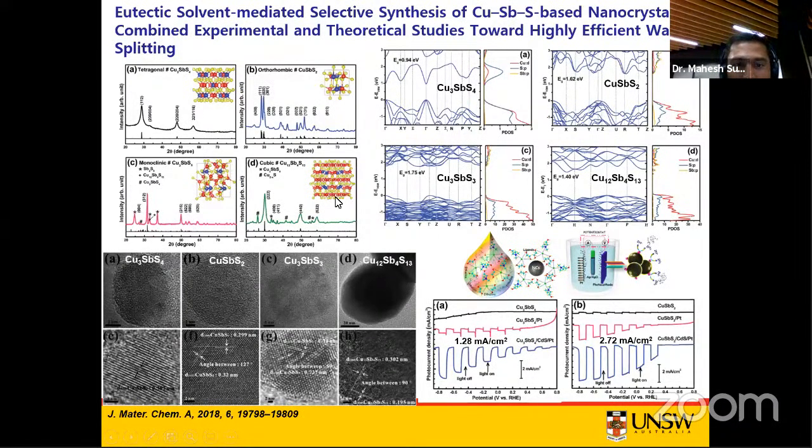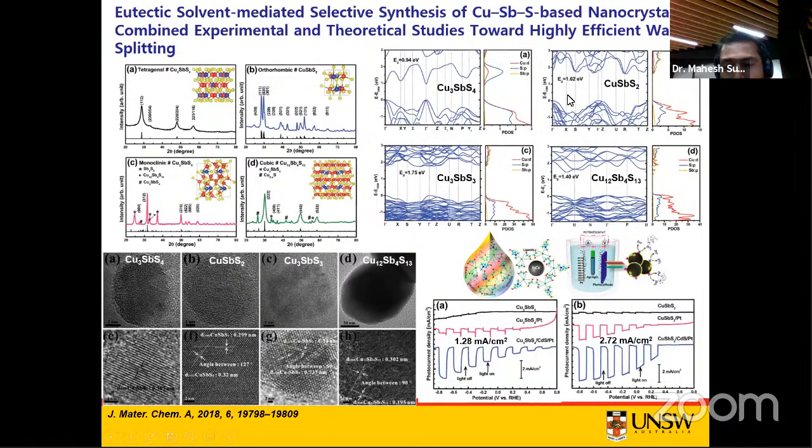So we further processed these. Once we synthesized these nanocrystals and carried out the characterizations to find out the band gap energy and the phase purity, we focused on copper antimony sulfide, Cu3SbS4, and CuSbS2 nanocrystals, and then processed these two compounds into thin films using nanocrystal ink by spin coating, followed by annealing at around 300 to 400 degrees centigrade in a sulfur atmosphere to form thin films of these compounds.